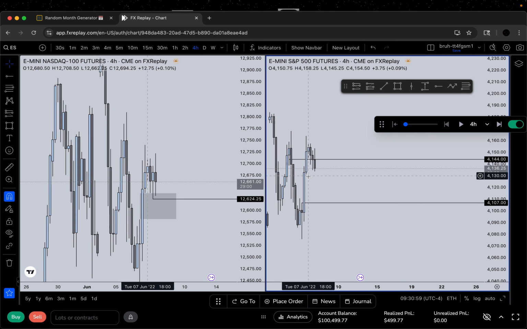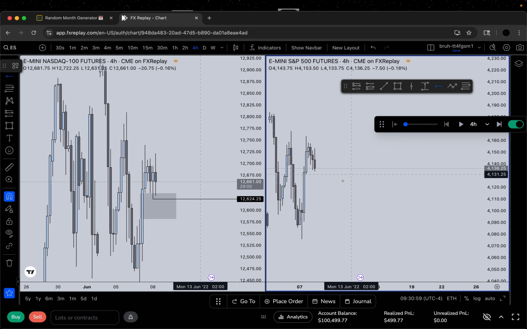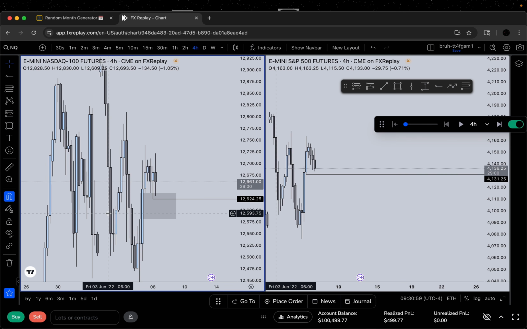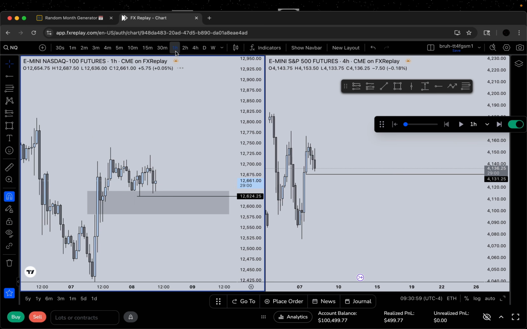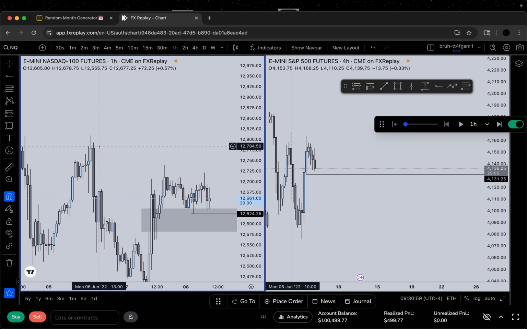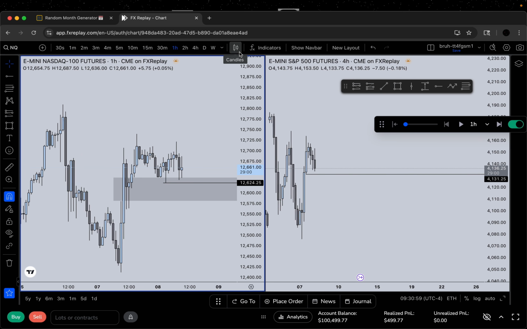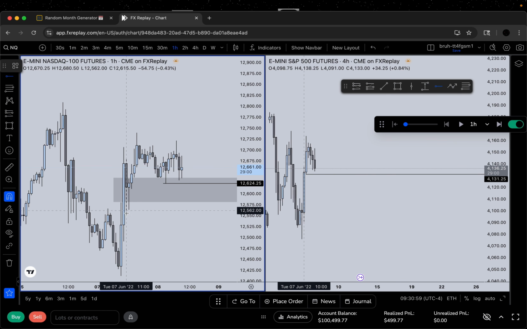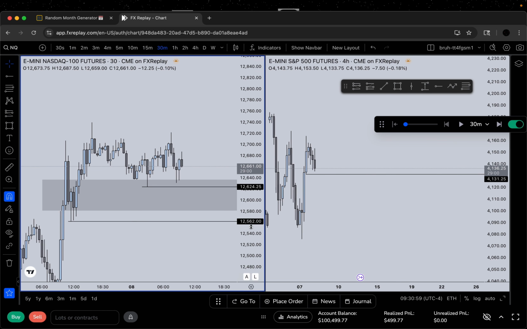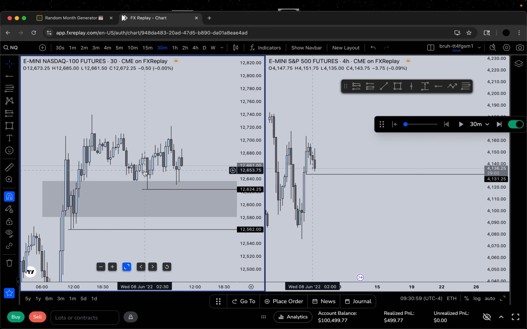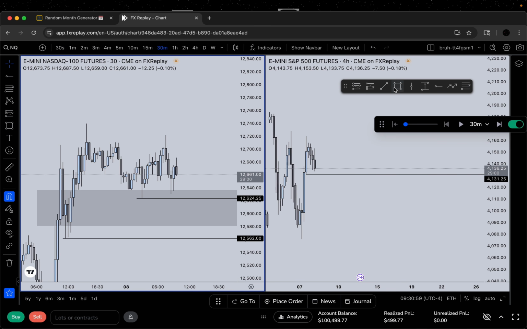ES is already sweeping it. Alright, and then we'll look for ES hitting this low. Okay, so these are my two key levels. Obviously, ES is, I think, gearing up to take this high right here. And so is NQ. You can see that we print this LR before the final target, or just more orders. So we'll see for that. I wouldn't want to be bearish here. It's a weird spot to be bearish, but I can see us running to these lows, relatively equal lows on the higher time frame, because it's also the low of the range. But we'll see. We actually might get a short setup.